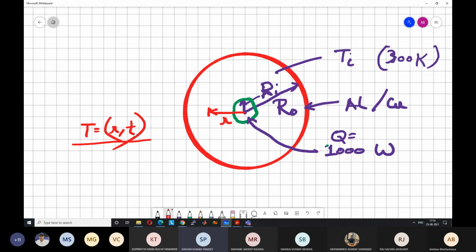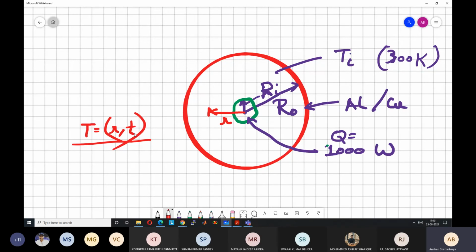Sir, was it like a spherical type of body or a cylindrical? It's a plate, a 2D object. We are not considering the third dimension. It's like the tawa, like you make roti, right? So that we have placed over a stove, and it is getting heated at the center. Maybe the central region is larger, or you have placed it over a heater, and it is getting heated at the central region with uniform heat flux, and the stove is providing 100 watt of heat per second, means 100 joules of heat per second.